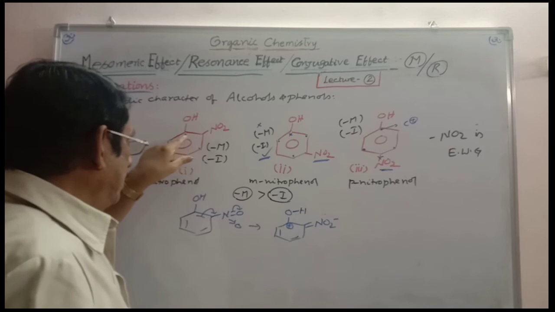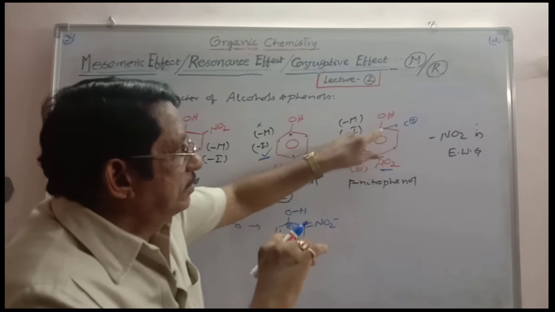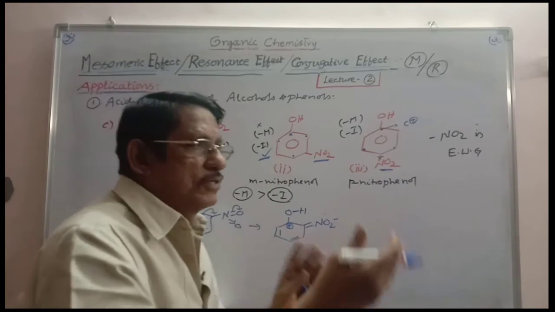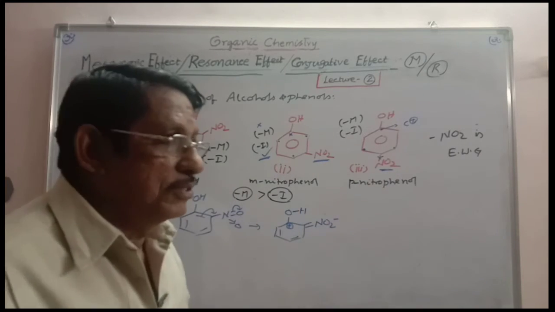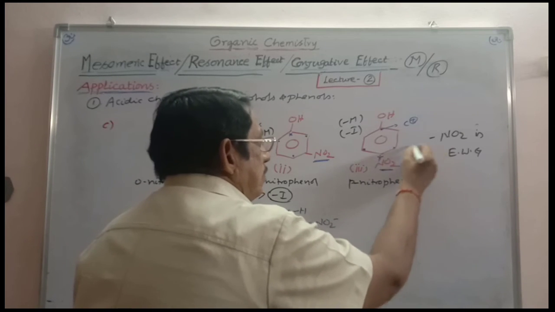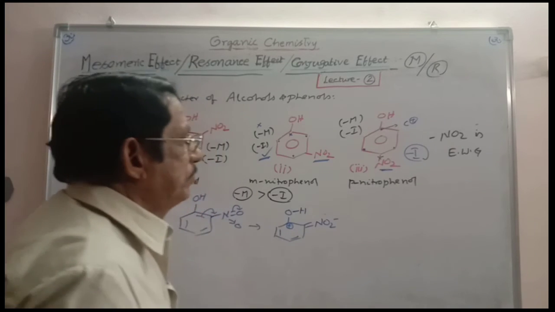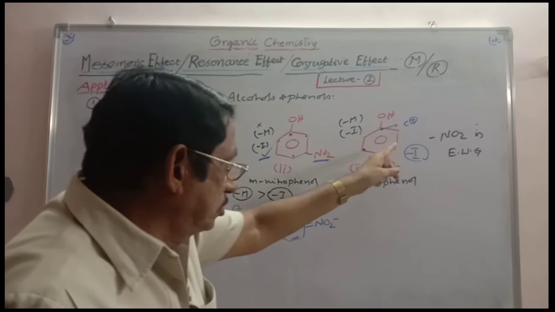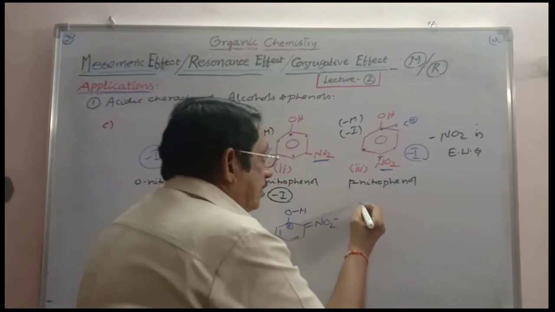In the case of orthonitrophenol, the carbon carrying the OH group is getting positive charge. Even in paranitrophenol, the carbon carrying the OH group is also carrying positive charge. Thereby, both are releasing the proton to the same extent, based on mesomeric effect. So, mesomeric effect cannot be counted. If you want to compare, what else remains? Minus inductive effect is to be seen. This is paranitrophenol, this is orthonitrophenol. Based on inductive effect only, you have to compare the acidic strength of paranitrophenol and orthonitrophenol.